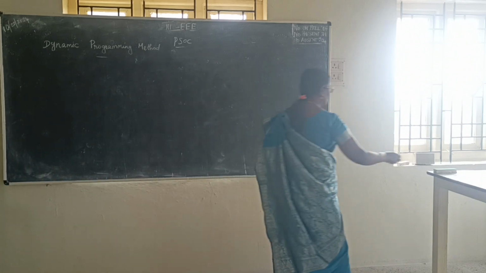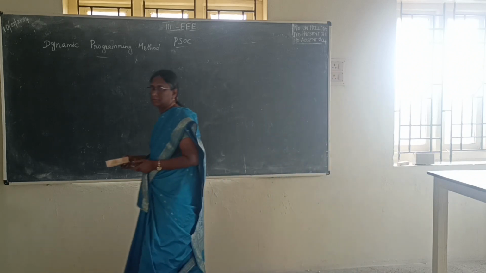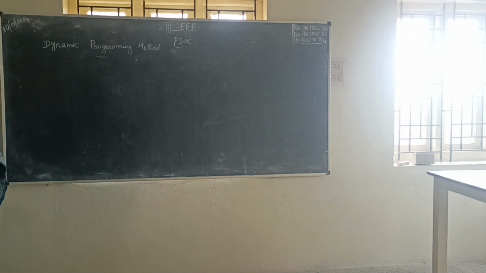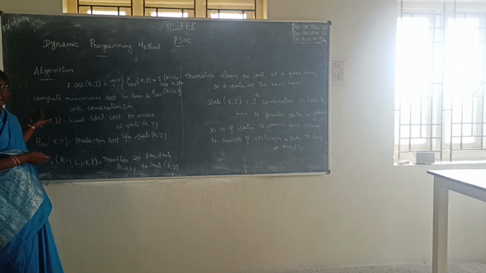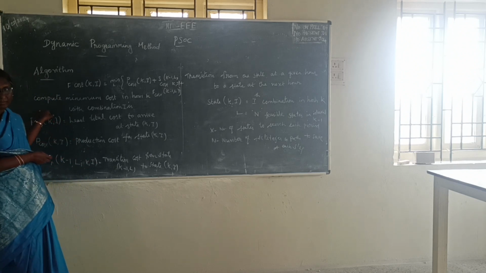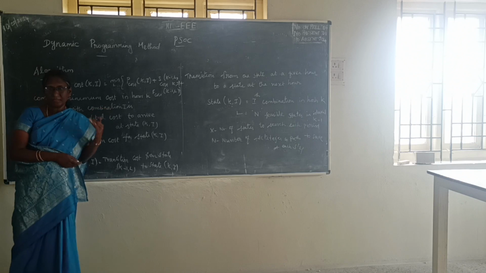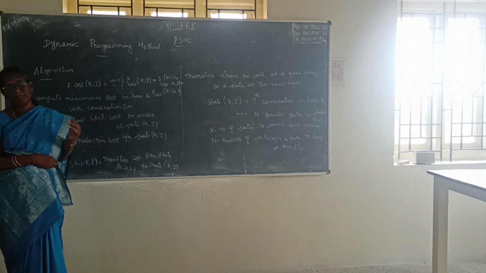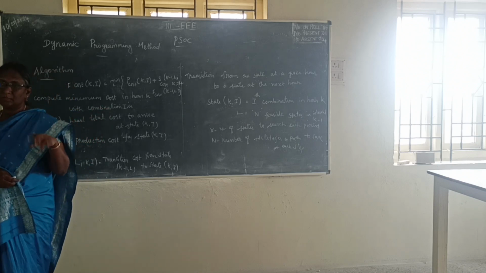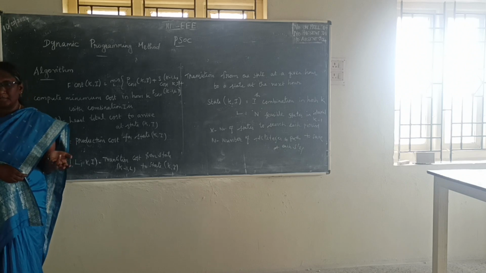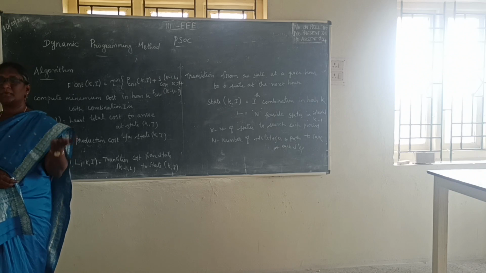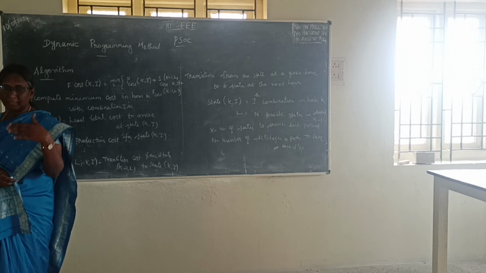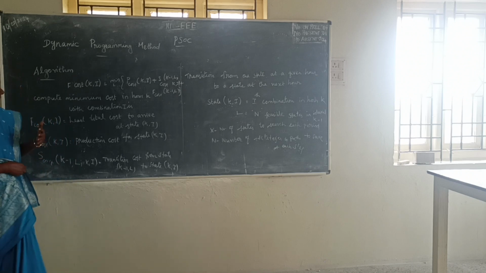In the dynamic programming method, first we are going to write the algorithm. Here n number of units is operating. We are going to consider the first 2 units. Then we do the calculation until it reaches the minimum cost. Only then we consider the next unit. Like that we are going to find the solution in the dynamic programming method.